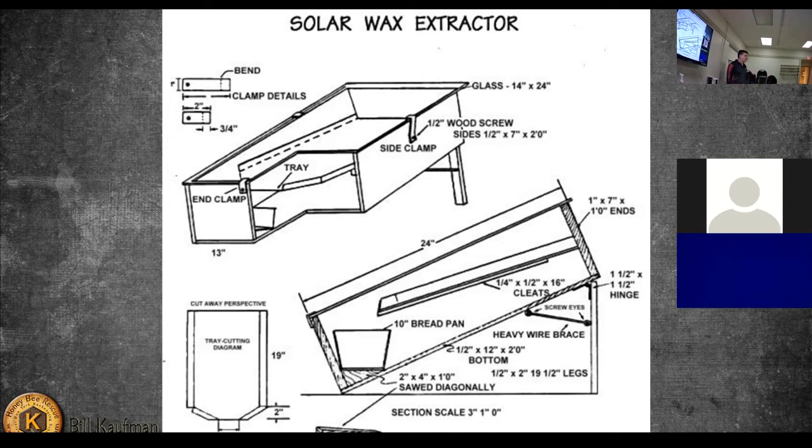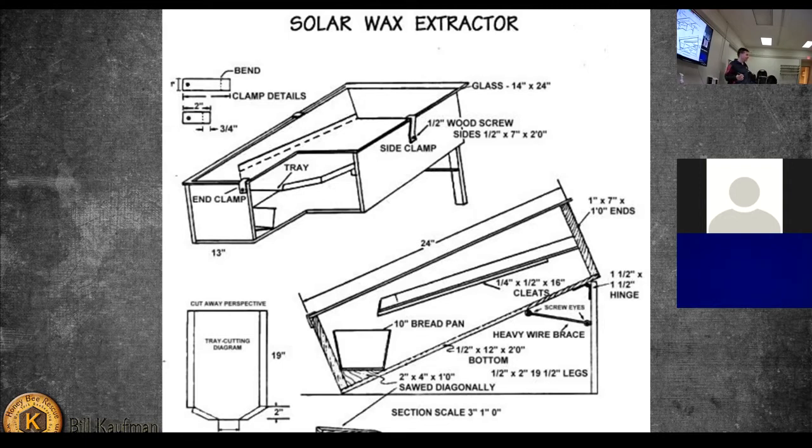Solar wax extractor. There's a little plan to make one. This is a great way for people with a low amount of comb to build or to render wax with. You put wax on that tray there, some comb, some old frames, and there's a piece of glass covering the top. And sitting in the sun, it'll get hot enough to melt the wax. It melts very slowly, so you can have a nice